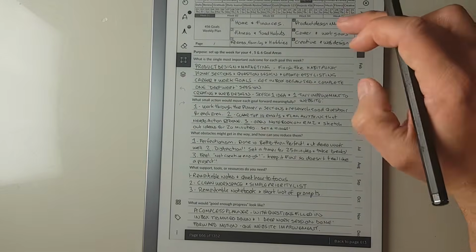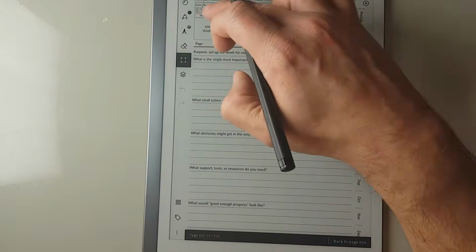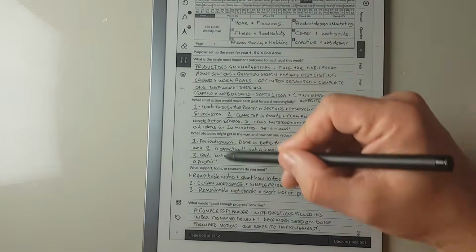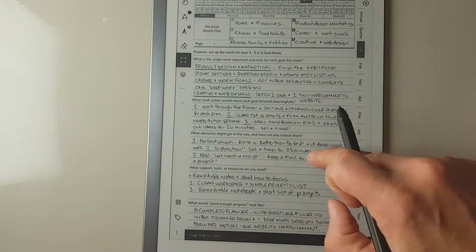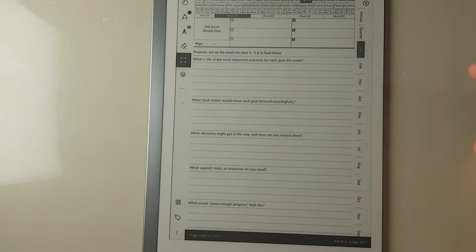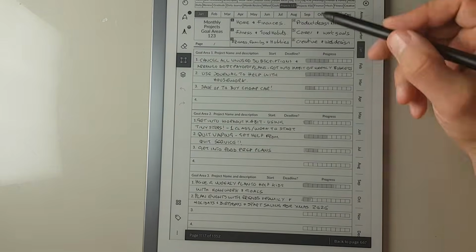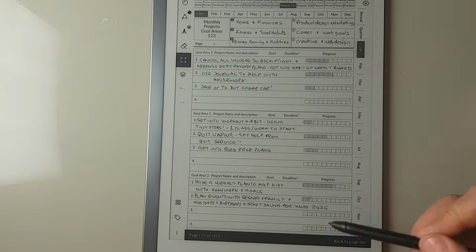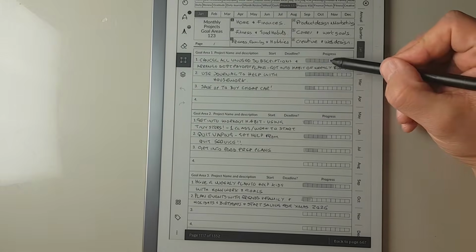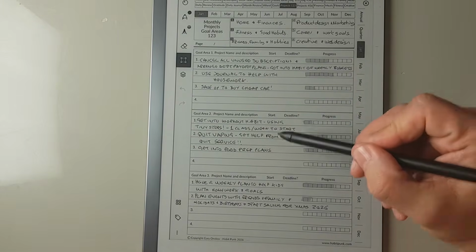And then as you scroll through, you can go to each week and you can see perhaps what you didn't accomplish last week to move these goals forward, and what you want to move into this week to move the goals forward. And equally for each of the areas, you've got projects. So projects 1, 2, 3, these are monthly pages. So you can see progress bars on up to 4 projects for each goal area